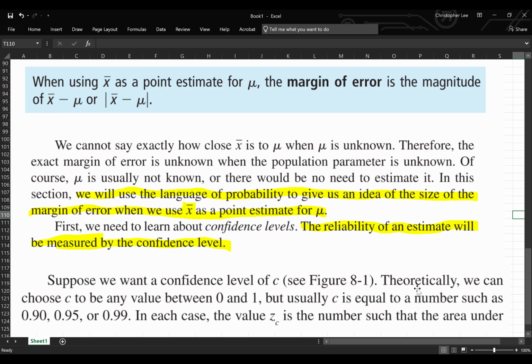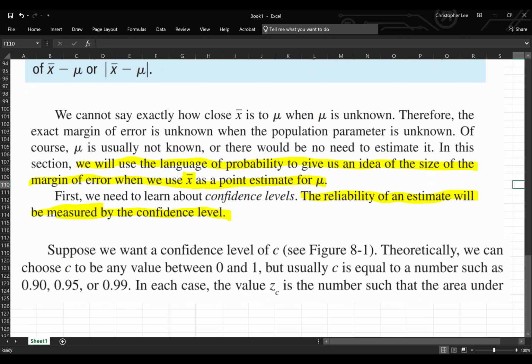All right, so let's talk about this. Suppose we want a confidence level of C. Theoretically, we could choose C to be any value between 0 and 1, but usually C is equal to a number such as 0.90, 0.95, or 0.99. In each case, the value of Z critical is the number such that the area under